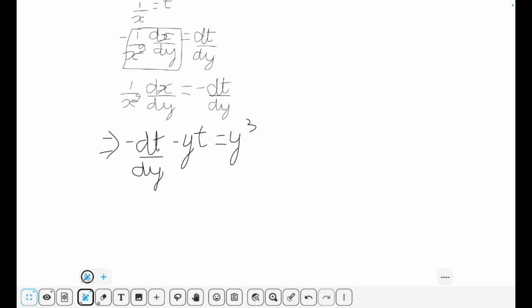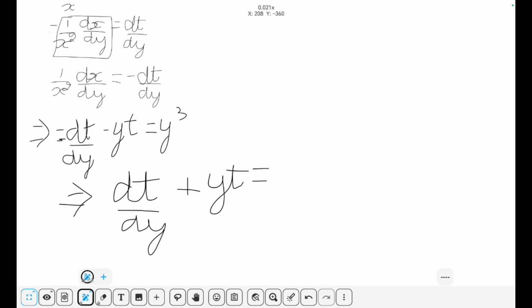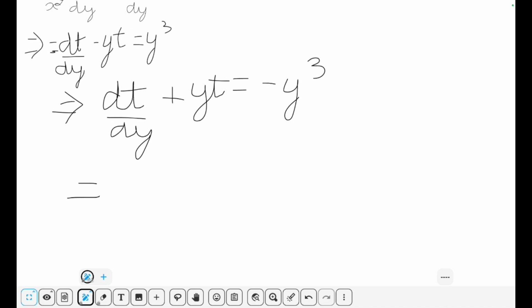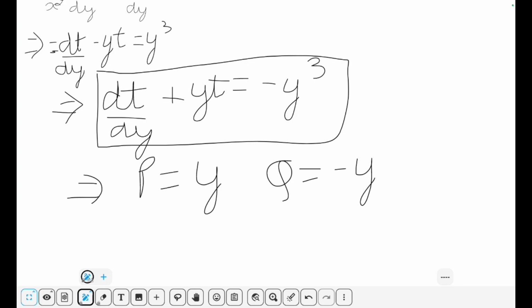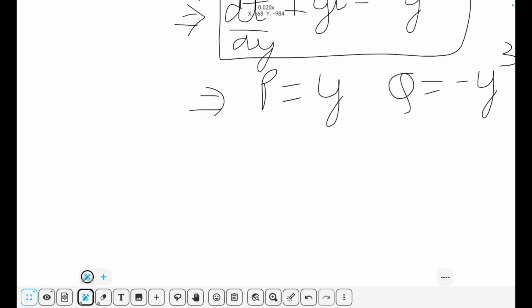Next, we need to remove the minus sign here. So multiplying minus on both the sides, we get dt/dy plus yt equals minus y³. So we have got the reduced linear differential equation. With this we take P as y and Q as minus y³. Now